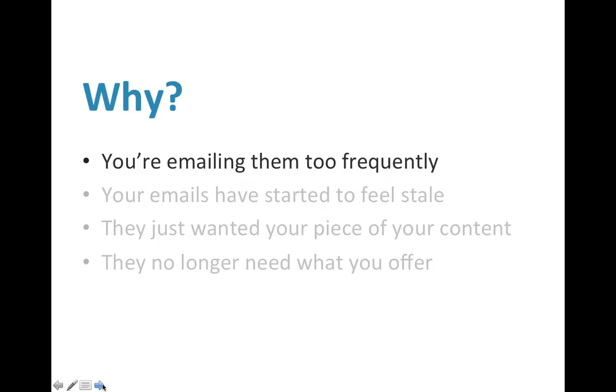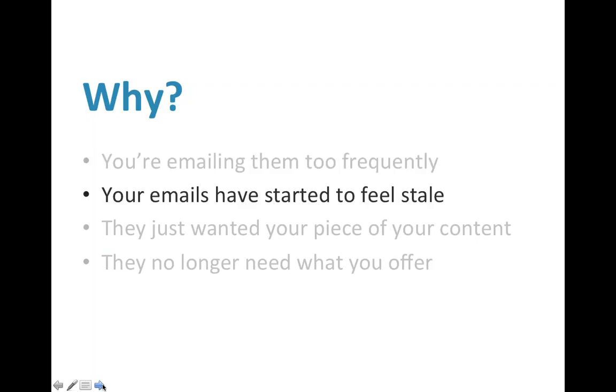The first is that you're just emailing them too frequently. Studies show that the most engaged email that you send someone is the first email that you send them. And every subsequent email, you're losing more and more of that engagement and the opportunity to reach them. After about 20 emails, you've pretty much lost all hope. That lead is essentially dead in the water. So if you're sending 5 emails a week, you have basically 4 weeks to reach that person. Otherwise, they're essentially no good to you.